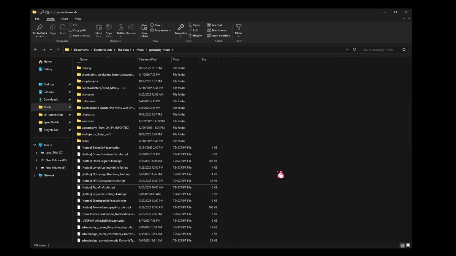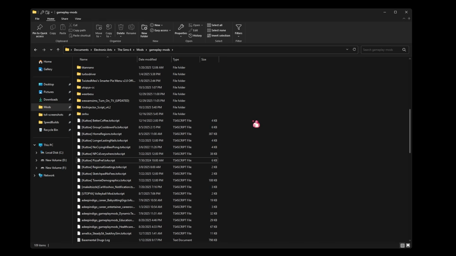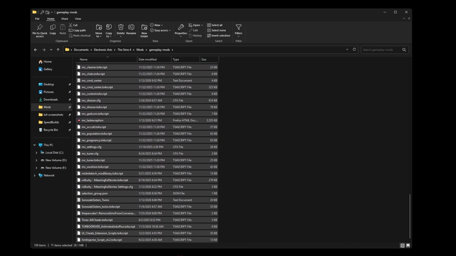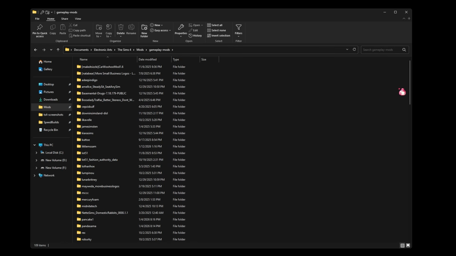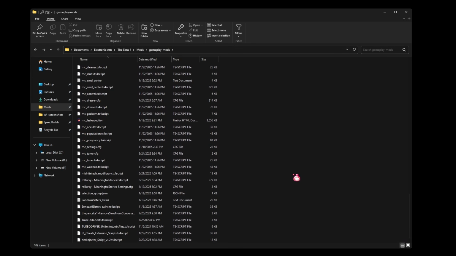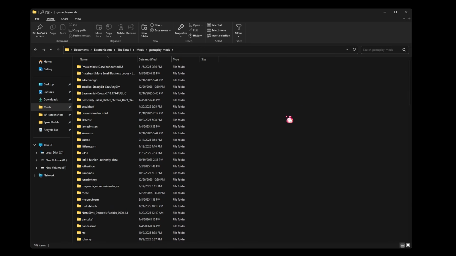So always make sure that your script mods or your script files are no more than one folder deep within your mods folder. Having it outside, hanging out within gameplay mods, is still able to be read. But if I were to put any of these one folder deep or more, it wouldn't work. And then with script files, it's kind of hard to explain,